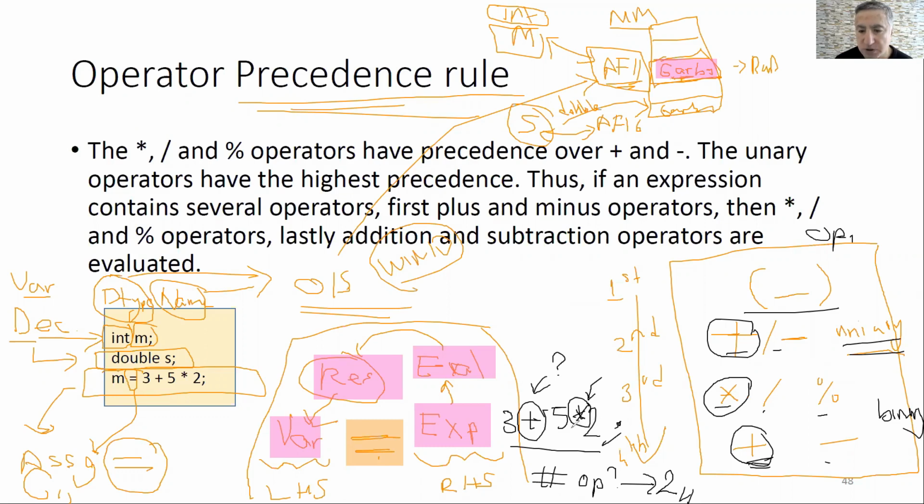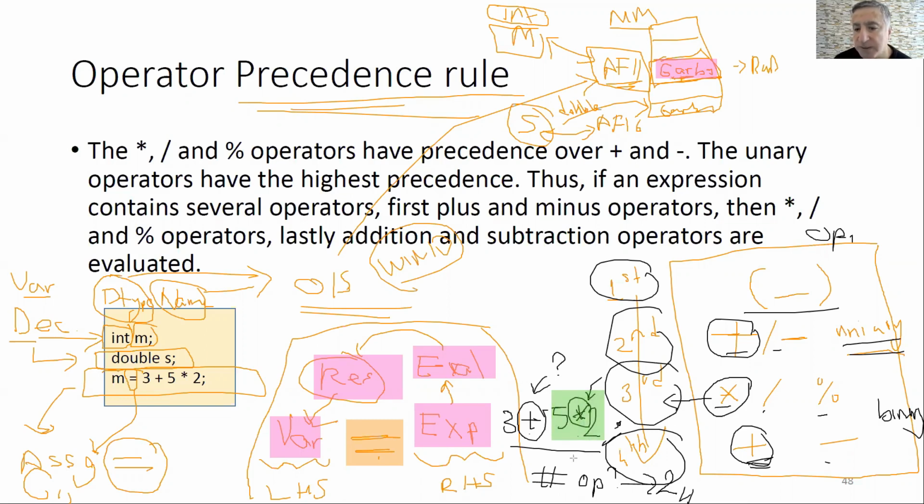Now my question is which one I have to begin with? By adding or by multiplying? Can I begin randomly? Or should I begin with the addition or multiplication? Which one? Of course, multiplication, as I explained here: first, second, third, and fourth. The multiplication is at the fourth row. So you have to begin with the multiplication of 5 times 2.